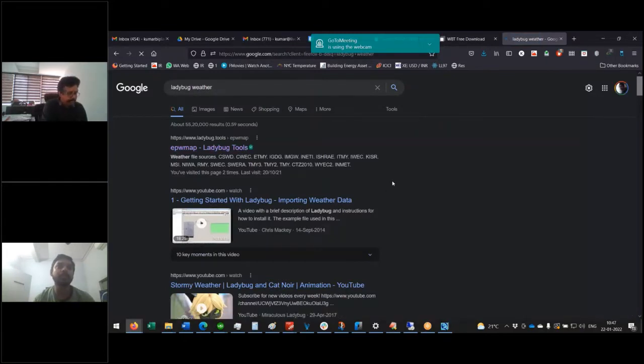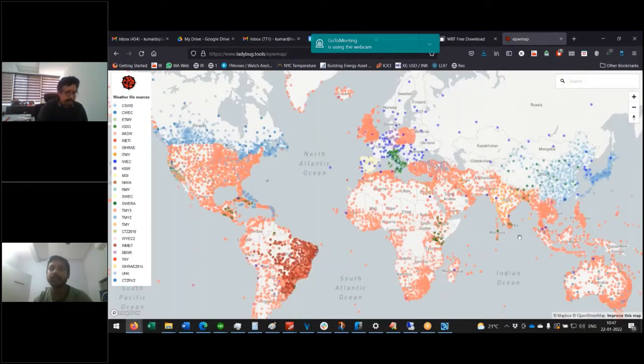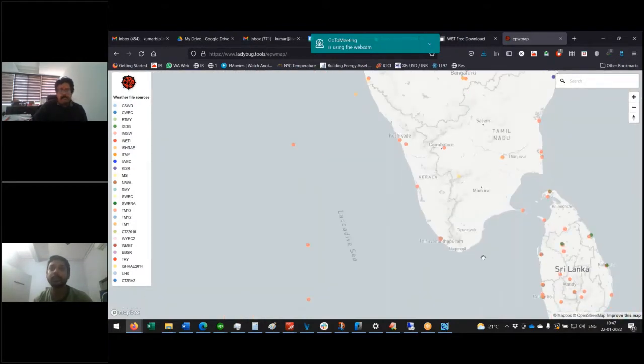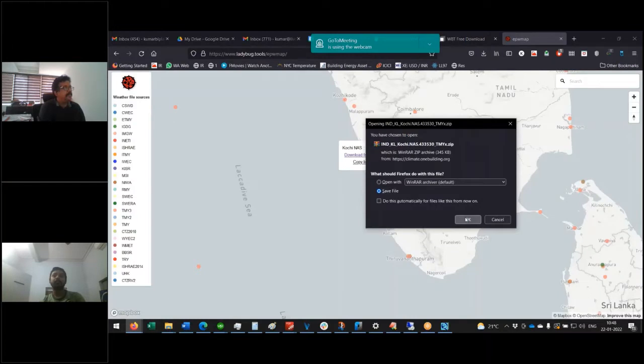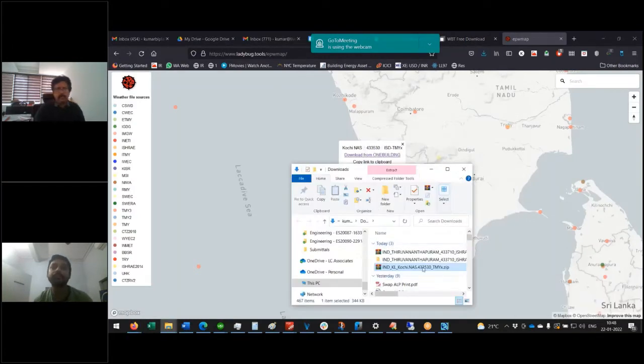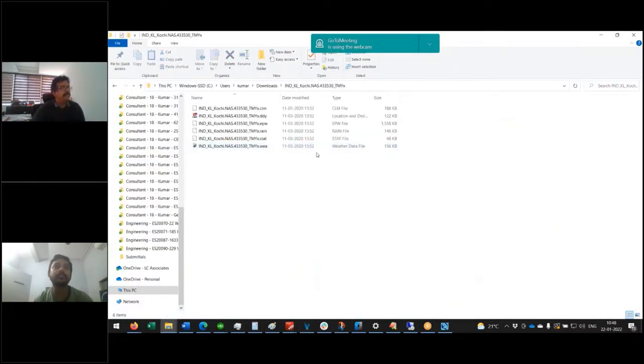Okay, so this is another tool from which you can actually get all sorts of data. Let's look at India. Kerala? Okay, that's good. We have another one for Kochi. Okay, let's see what kind of weather data we have here. Okay, so we have an EPW file. That's good. Now what we'll see now,